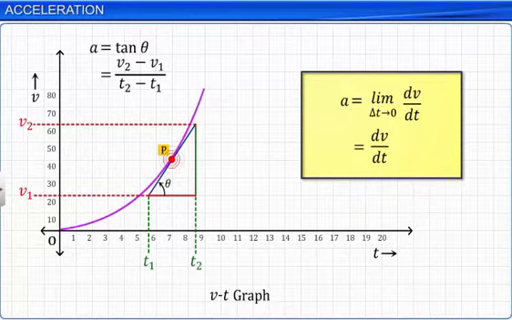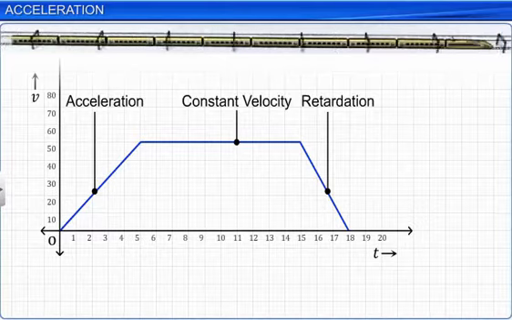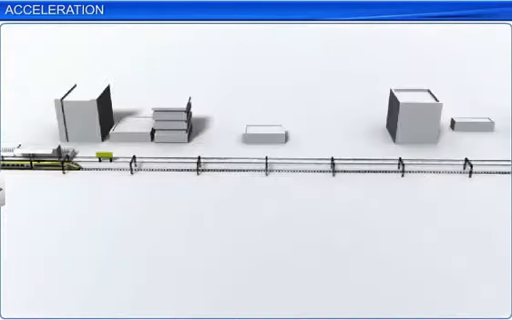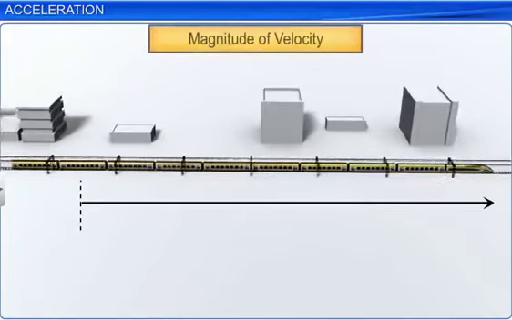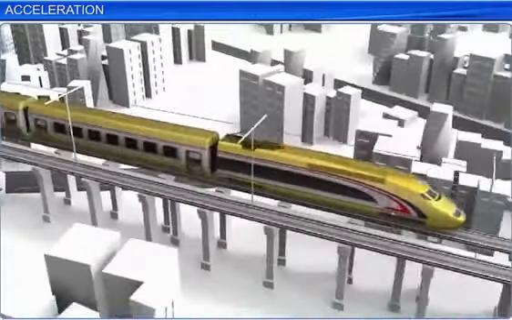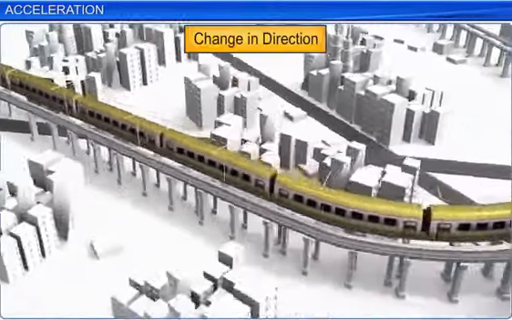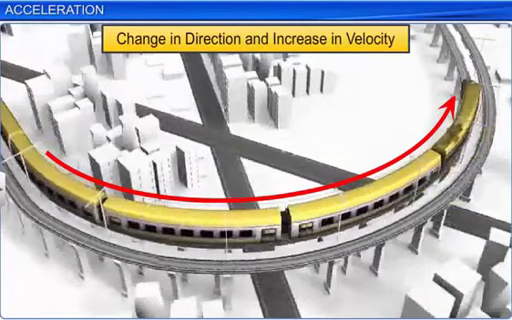Now, acceleration can be positive, negative and 0. Since velocity is a vector quantity, acceleration is also a vector quantity. Acceleration changes with change in velocity, magnitude of velocity of an object and also direction of velocity of an object also. Now, suppose if the object is having rectilinear motion, in positive direction its velocity will be positive and acceleration also will be positive.